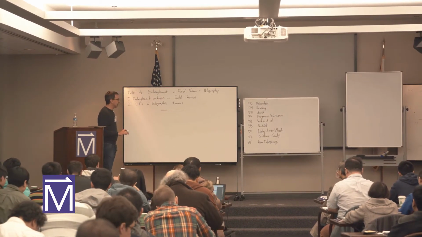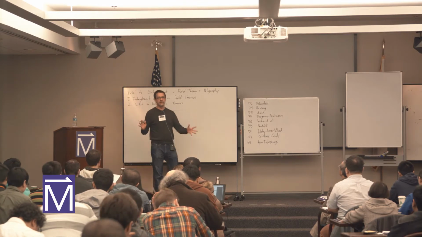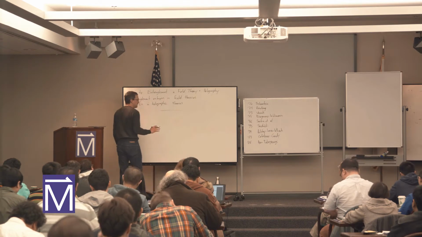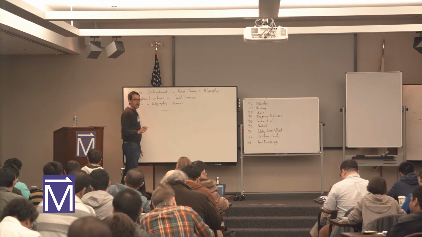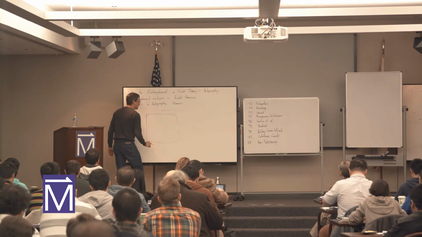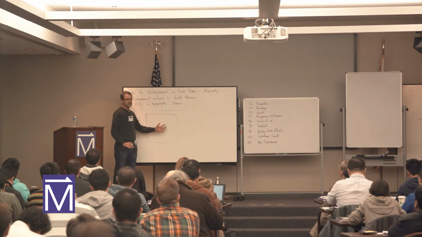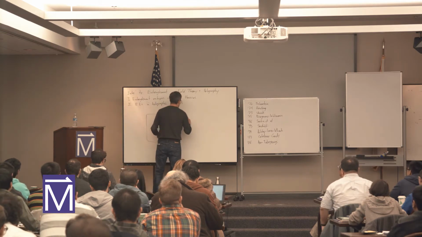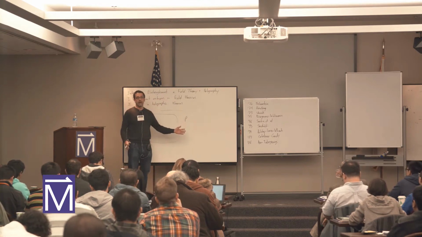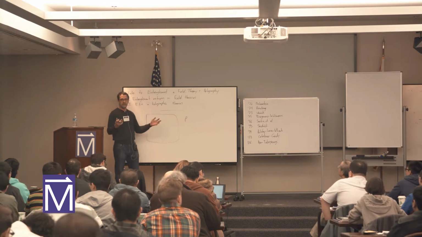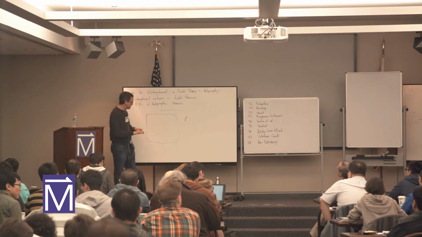So let me try to be concrete just to set the stage for what I'm talking about. I have a quantum field theory in some number of dimensions, on some space. This is the space the quantum field theory is on, and it's in some state rho, which could be a pure state, could be the ground state, or there could be a particle flying through, or a mixed state like a thermal state or something like that.